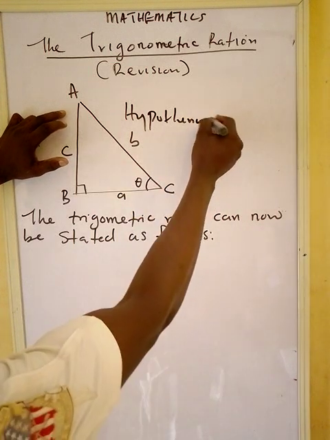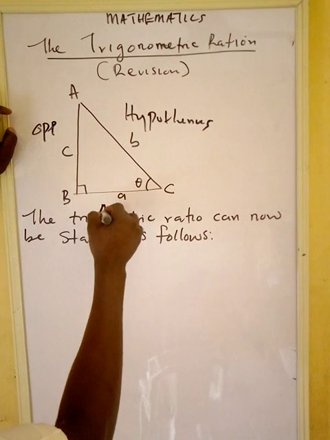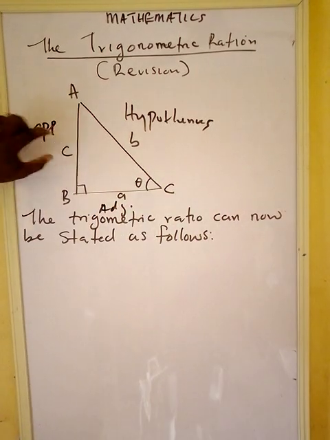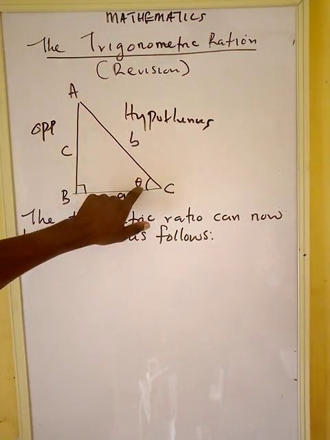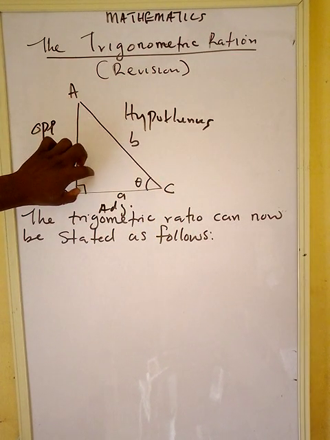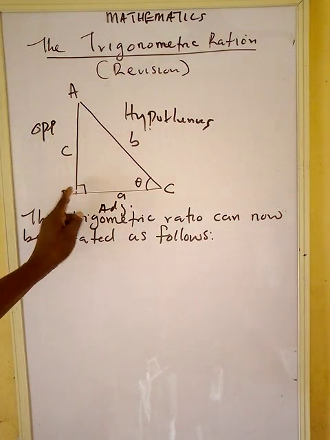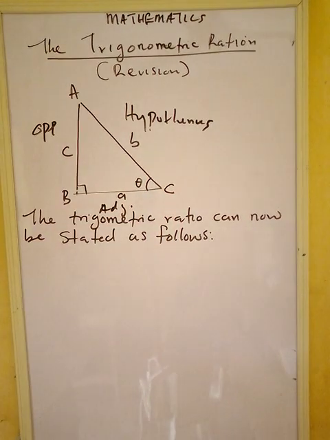Hypotenuse. So why is this called opposite? Why is this one called adjacent? Any side facing angle theta is opposite. Any side facing angle 90 degrees is our hypotenuse. Between angle 90 and theta is our adjacent. So now let us